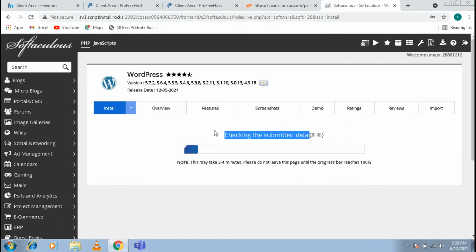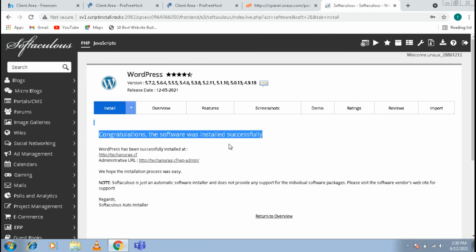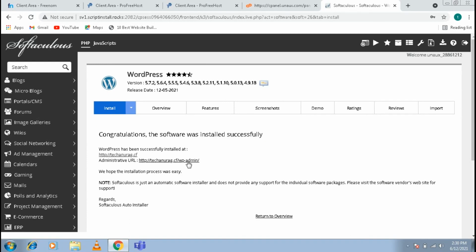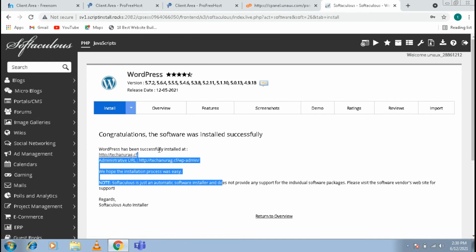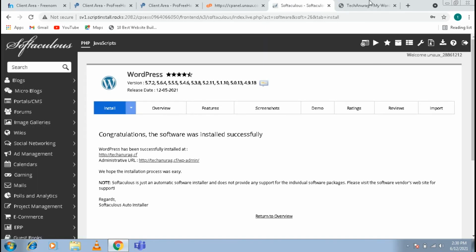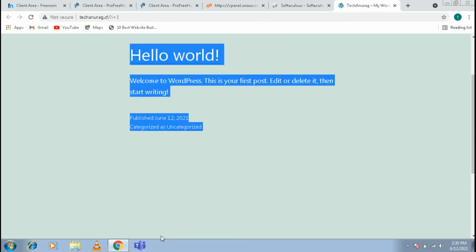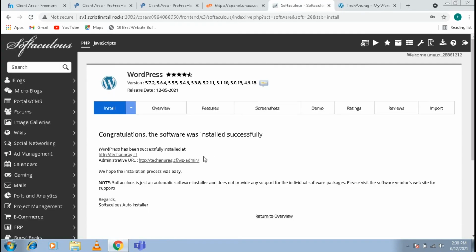And now you may see here it is checking the submitted data, and it will install our WordPress in a few seconds. And you may see here our WordPress has been successfully installed. To check whether it is installed or not, go to your WordPress website, the domain, and you may see here it is installed successfully. And you may also go to your WordPress admin page. Just click on admin page,